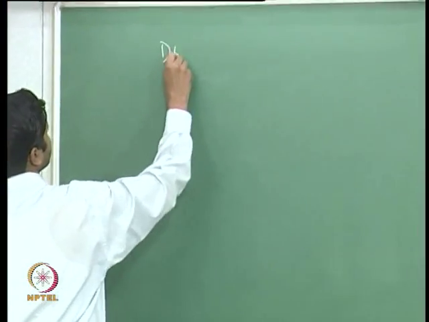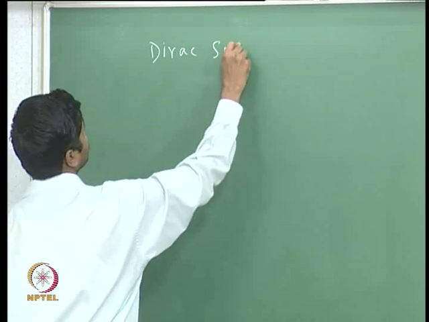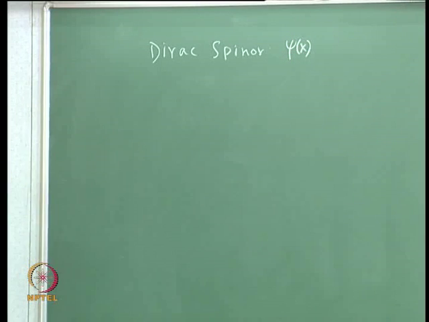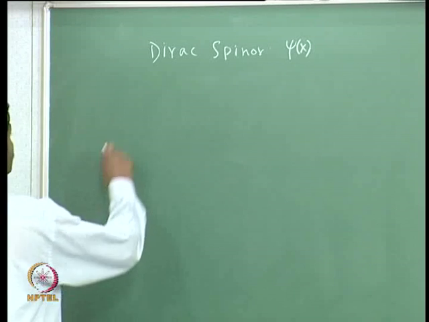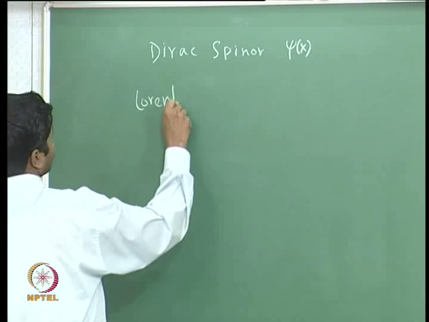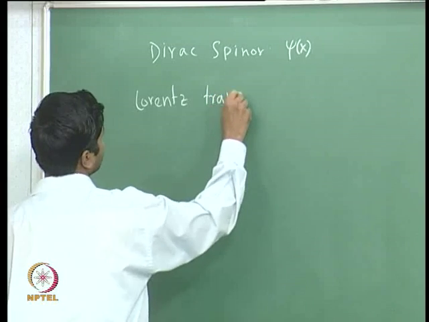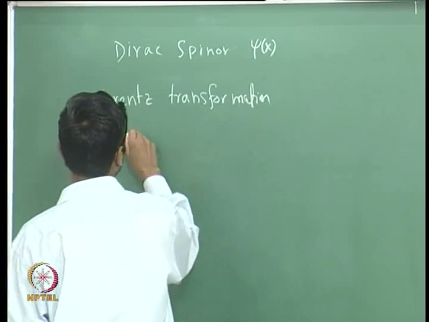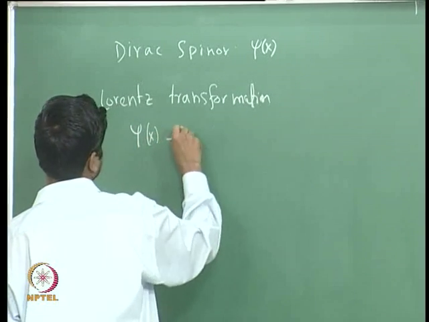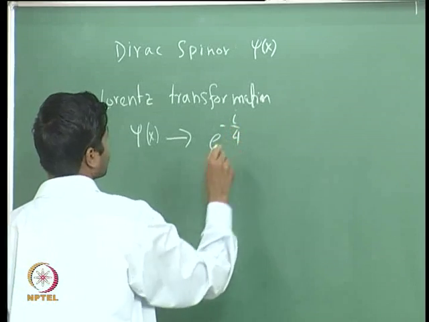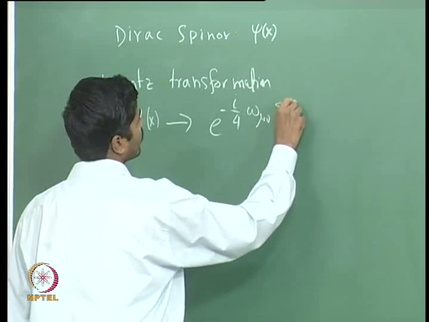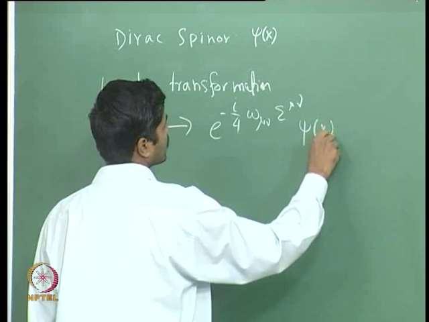In the last lecture we have introduced the Dirac spinor psi, and then we have seen how it transforms under Lorentz transformation. So, under Lorentz transformation, the Dirac spinor goes like psi of x goes to e to the power minus i over 4 omega mu nu sigma mu nu acting on psi of x, where